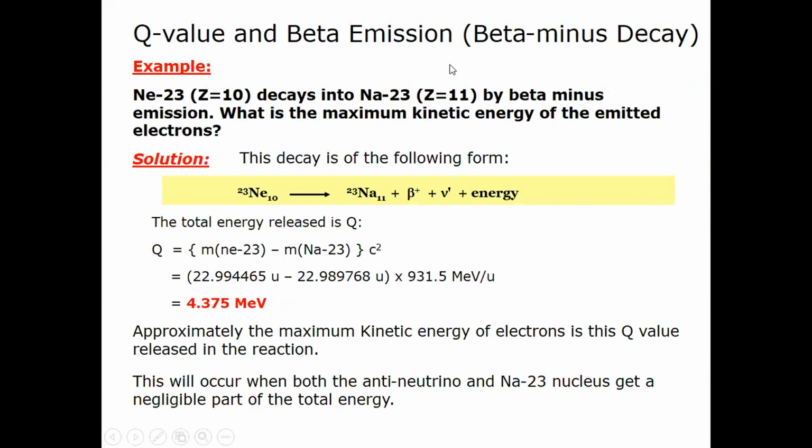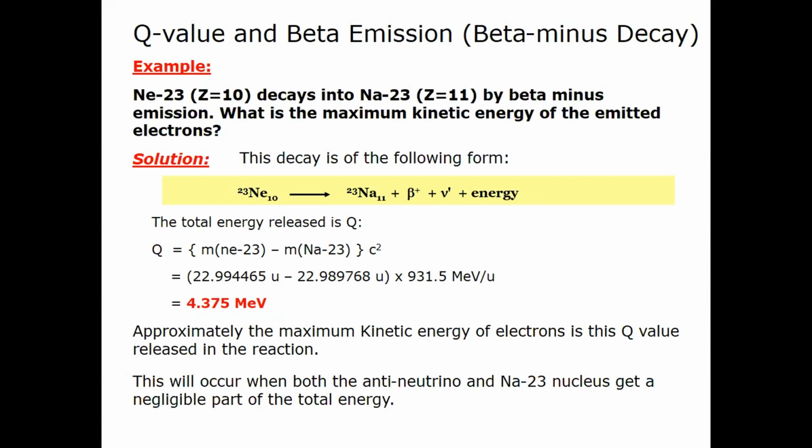Let's solve one example. Neon-23 with Z equal to 10 decays into sodium-23 with Z equal to 11 by beta minus emission. The question is to find the maximum kinetic energy of the emitted electron. The decay process is given by this equation. The total energy released is the mass of the neon minus the mass of the sodium times c square, and the differences are calculated. The answer 931.5 is the conversion for the atomic mass unit into energy